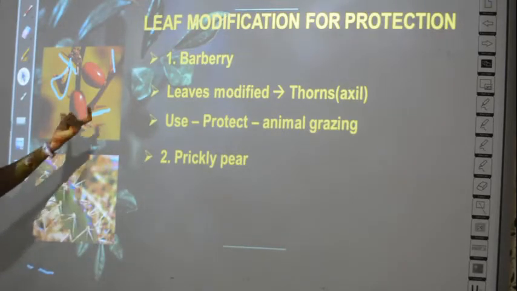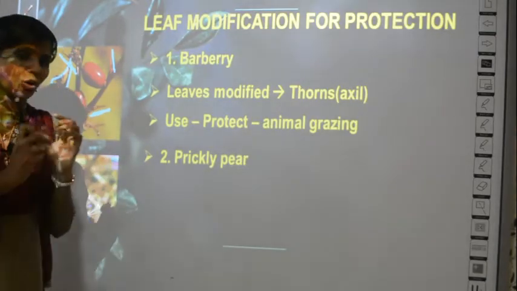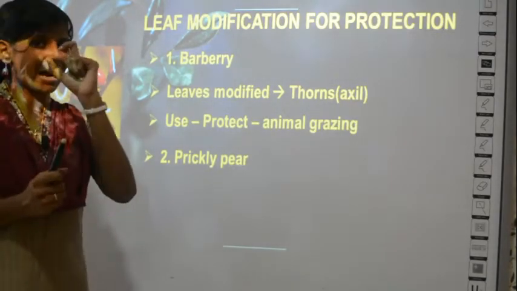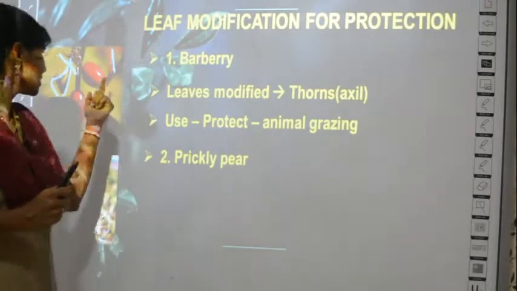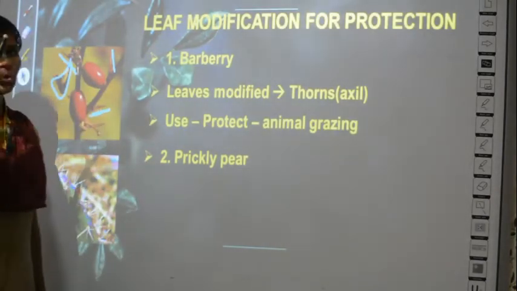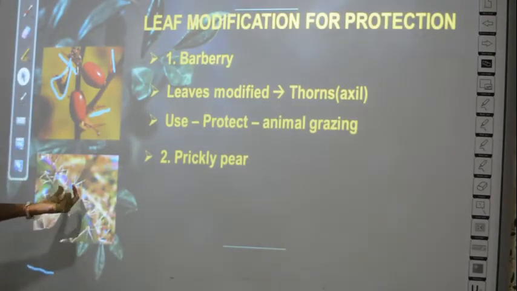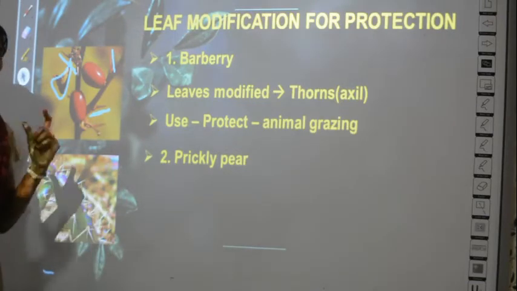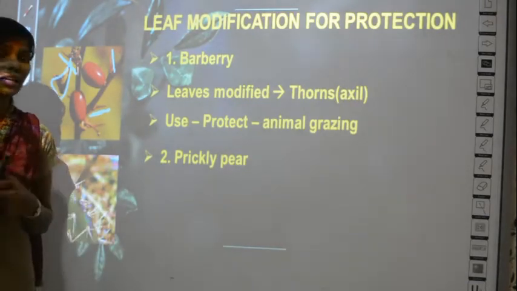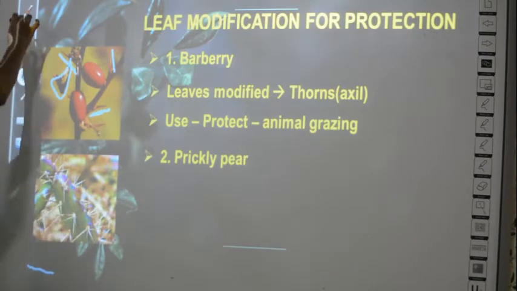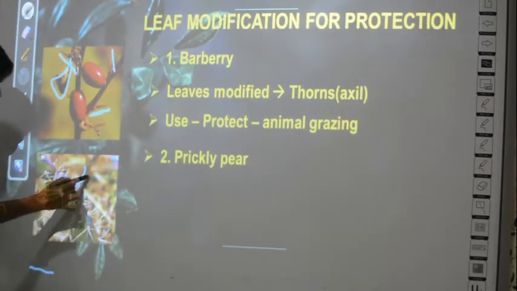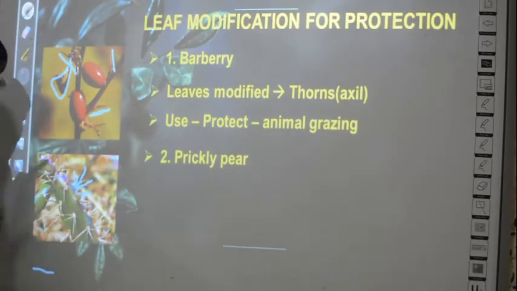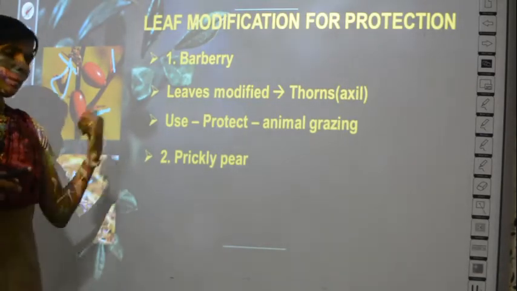See what is the difference between thorn and spine? Thorn is usually very thick and hard in nature and mostly they exist as single or 1 or 2 thorns only you will have. Spines, they will also prick, but there will be many numbers. See at one point itself you can see bunches like this, right? From one point itself you can see many branch like structures. It will be softer when compared to thorns.